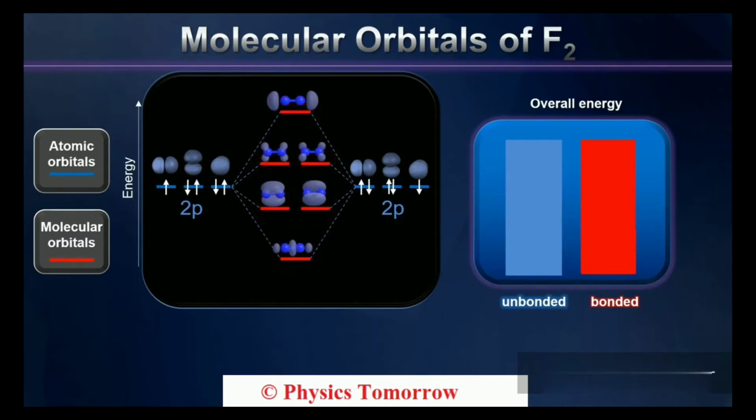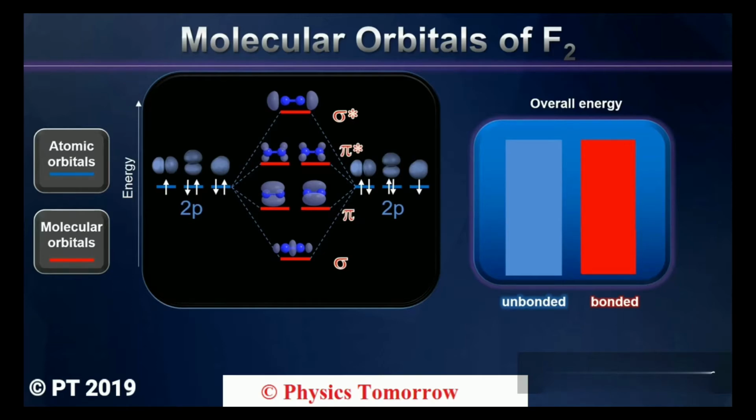In this case, a grand total of 6 atomic orbitals must combine to form a grand total of 6 molecular orbitals. Now, the lowest and highest in energy of these correspond to the in-phase and out-of-phase overlap directly along the nuclear axis. Those we would call the sigma and sigma star molecular orbitals. But we have some new players here. Those are the orbitals that result from the side-to-side overlap of p orbitals that we call pi and pi star